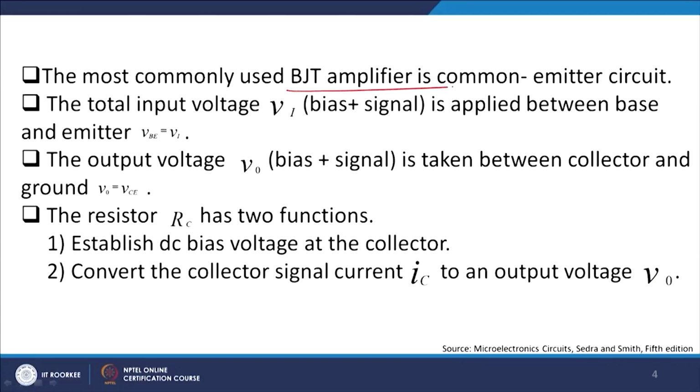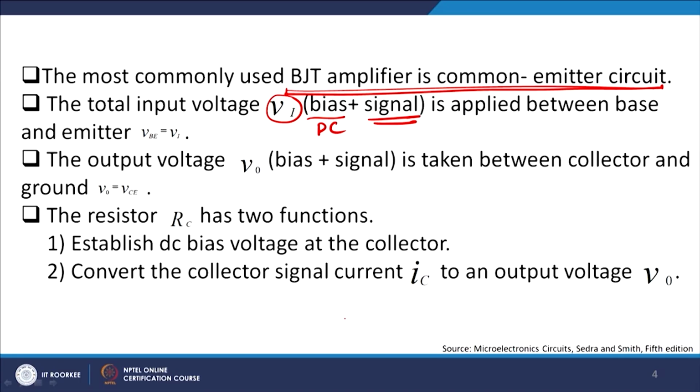As I discussed with you earlier, also in the earlier module as well as in this module, the most commonly used BJT amplifier is the common emitter amplifier, right. So common emitter amplifier or common emitter circuit is the most commonly used amplifier design. My input signal, as I discussed with you, will always be a sum of the DC bias plus the signal which you apply, right. So Vi, the input signal, will be a sum of the AC signal plus the DC bias. So DC bias will fix up the Q point, and the AC signal will shift the Q point